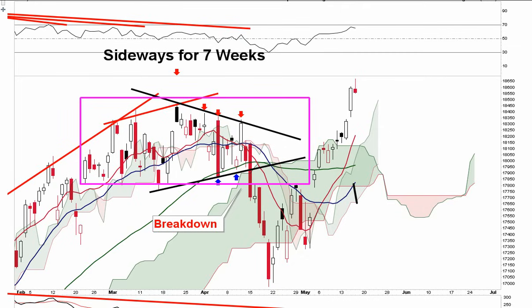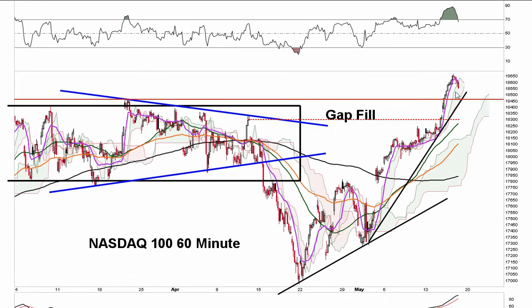So again, we did get a bearish shooting star on NASDAQ, so I'll be watching to see what happens with this candlestick. Does it mark a peak, or do we pull back, still get one more push higher? Again, NASDAQ filled the gap, moved to a new high above this level. Again, we have a possible rising wedge in play as well here. And again, if we've peaked, maybe it's done, but it could be we just move back here to this support level here. If we get a bigger pullback, bounce off the trend line, or even go back to gap support or try to fill the gap and then rebound back up,